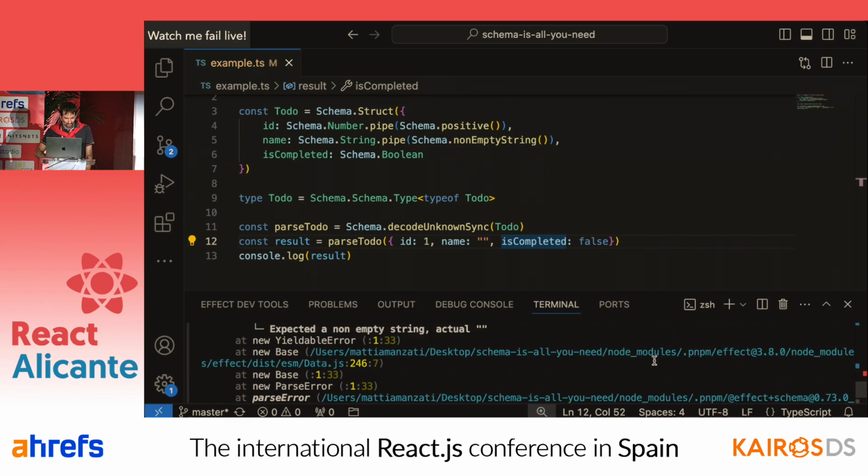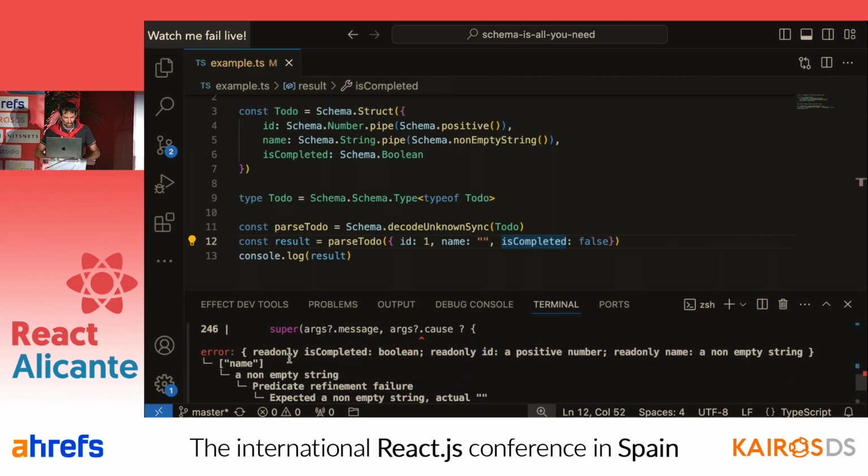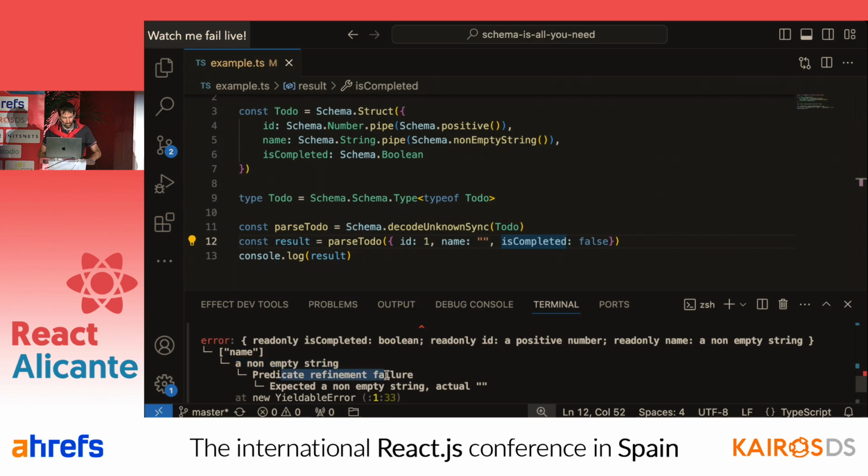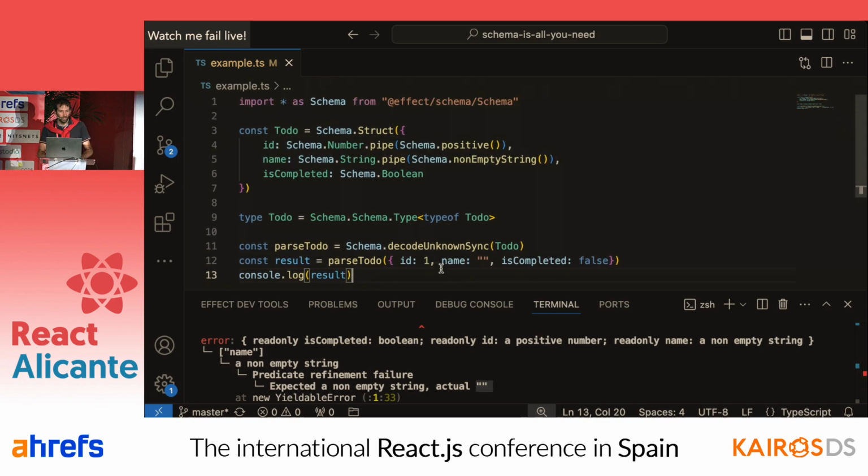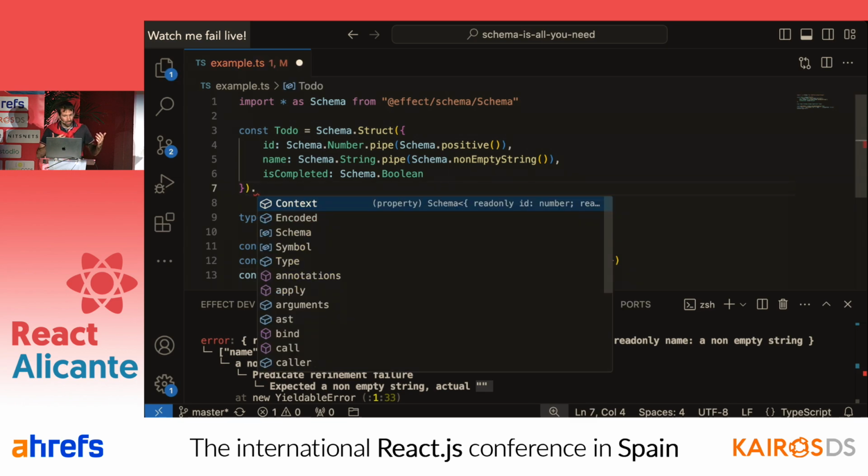Well, let's see this error. This error says, this is the structure we expected. At the name field, we expected a non-empty string, but that refinement failed because we actually got an empty string. And this error can also be customized by using what are called annotations, because the schema AST also includes annotations that can be used by the interpreters to change their behaviors.